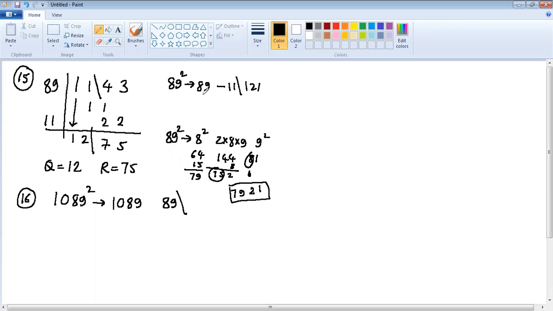This is 7, 8. And then this one is carry because base here is 100. So plus 1, 7, 9. So this would have been faster. I actually selected the wrong option here. Instead of this, this is faster to get 89 square.